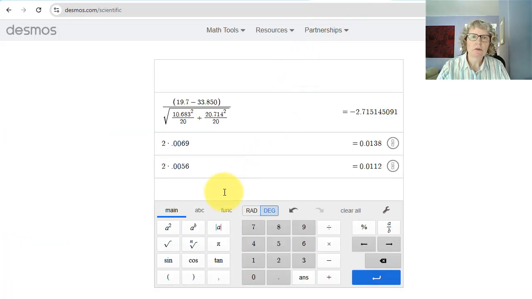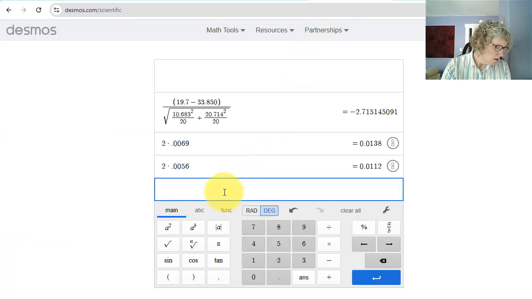Okay, let's go to Desmos. Actually, you could copy a lot of parts, right? You could copy the top over as well. 19.7 minus 33.85. Oh, sorry, I keep doing that. I want to do this margin of error first. I just want to start with the